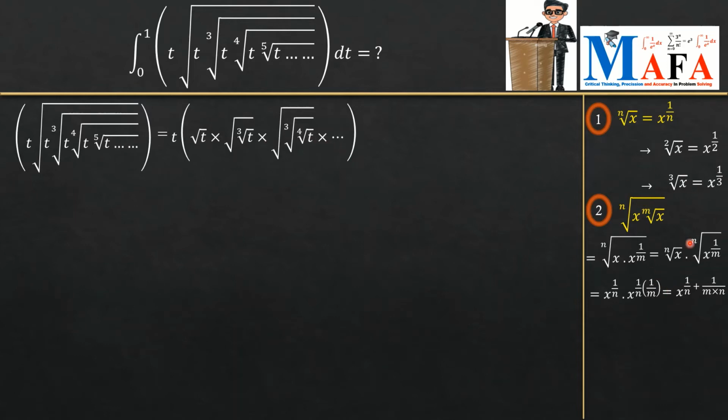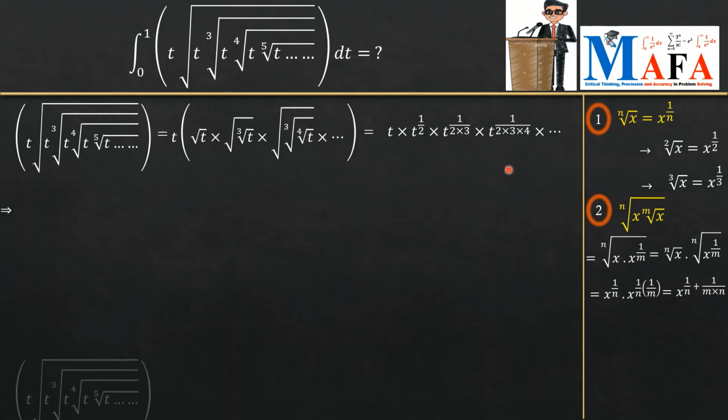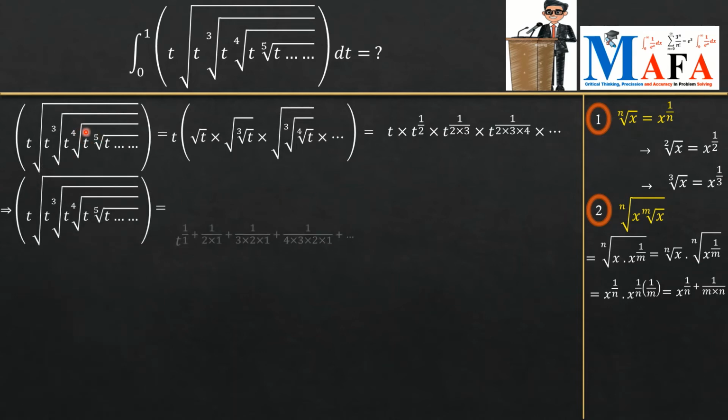We are going to use this law and then we obtain this. So by so doing, we have t, which is this, times the square root of t, which is t raised to the power half, times the square root of the cube root of t, which is t raised to the power 1 on 2 times 3, times the square root of the cube root of the fourth root of t, which is this, and so on and so forth. Now it means that our integrand is simply equal to, we now use this law, we have t raised to the power,